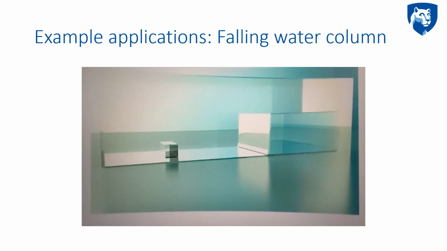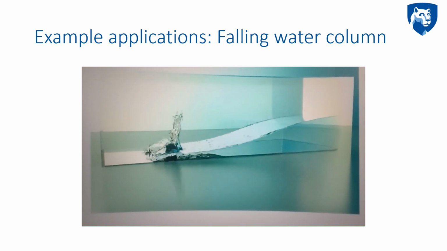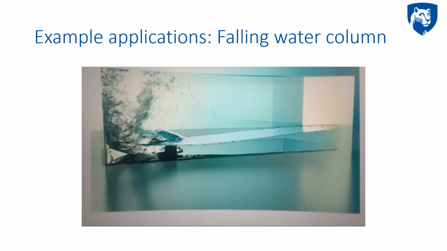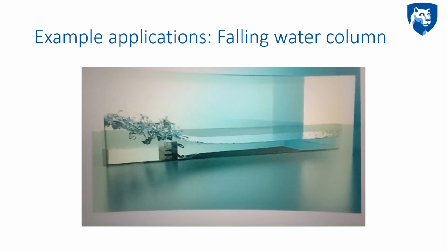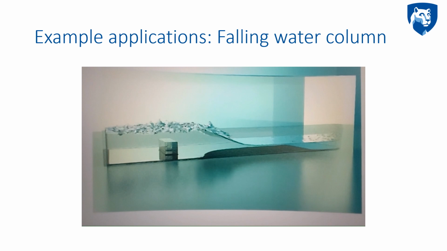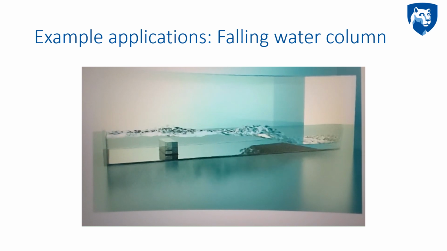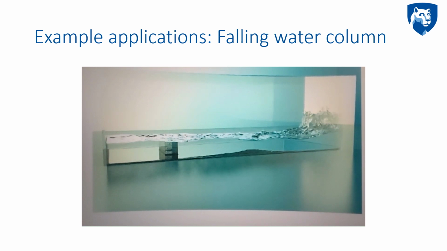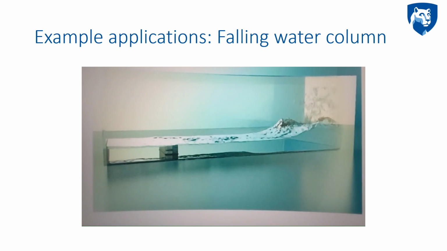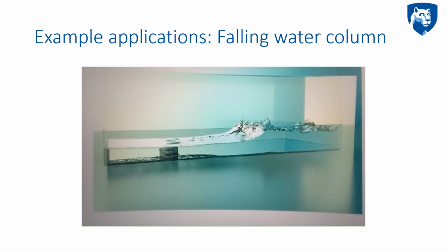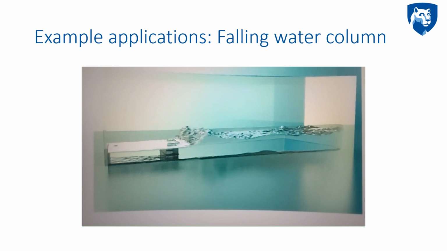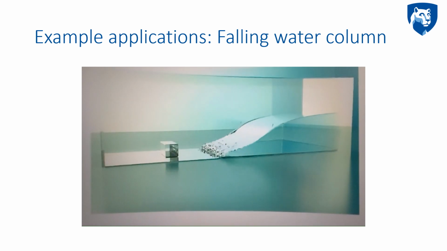In the second one, we have a water column which is falling, and this has been modeled using the Lattice-Boltzmann method, which you can see now. Very accurately done, without the need of ever doing this actually in reality. Well, that's why this is called a simulation. Just look how accurately this has been done. Amazing. So in the next one,